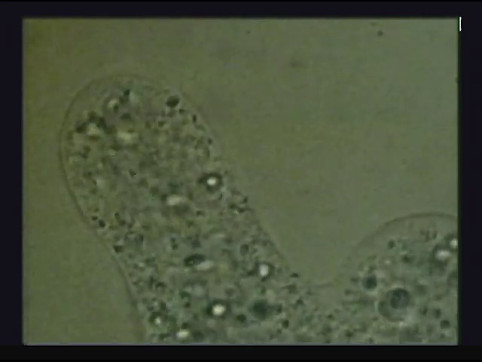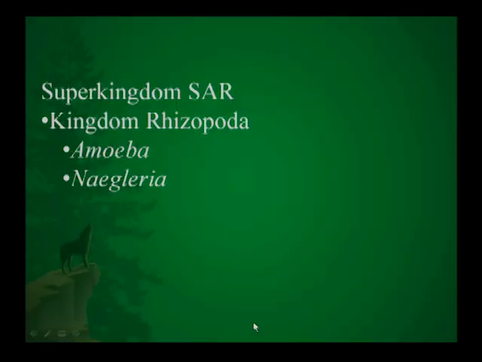So the shape of an amoeba is constantly changing. And again, they can surround prey items or just organic material that they come across and then ingest that, bring that into the cell. And some of them are pathogenic. There are lots of free-living amoebas in the Yellowstone ecosystem. You'll find them in almost any body of water. Again, they practice this process of phagocytosis. Two of the common genera that we see in the Yellowstone ecosystem, one would be the genus Amoeba. And Amoeba, again, are just kind of classic free-living amoebas. We'll find those living in ponds and lakes and streams throughout the Yellowstone ecosystem. There are a number of other genera that we would consider free-living amoebas like this.